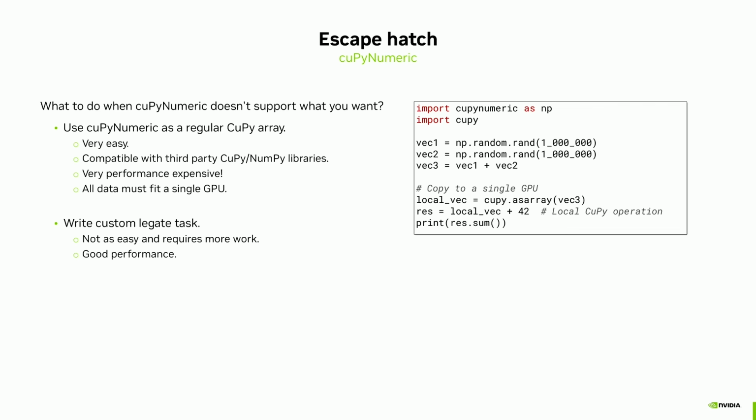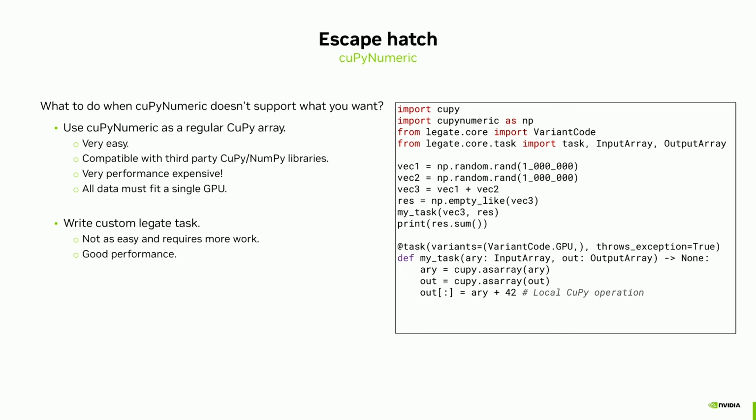So down here, we have these vectors. I can say, interpret this vector as a CuPy array, and it works perfectly. I get a local vector. I can do my local operation, and that, in this case, printed the sum. But again, because we're in a distributed setting, it will have to move this vector that might be large. If it's small, it's fine, but if it's large, you have to move that to a single GPU and do the operation. So to get good performance, you would have to